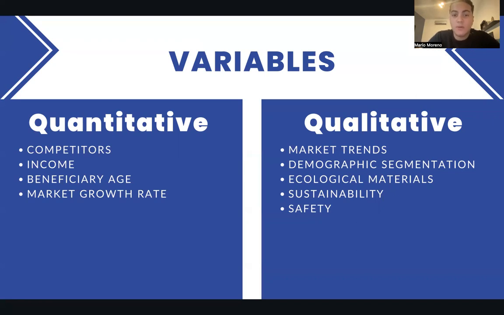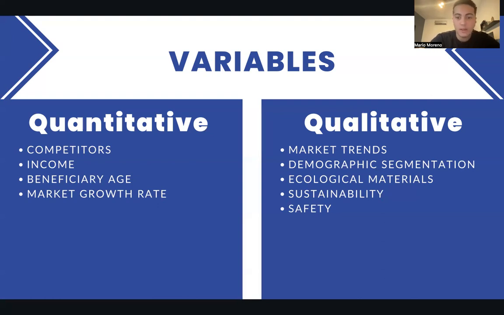Some qualitative variables are the market trends. As I said, the ecological materials and, I don't know, different alternatives or trends that are important in this window of options in the market. Also, the demographic segmentation. It's important to know where these people are living and where the project is going to be done,